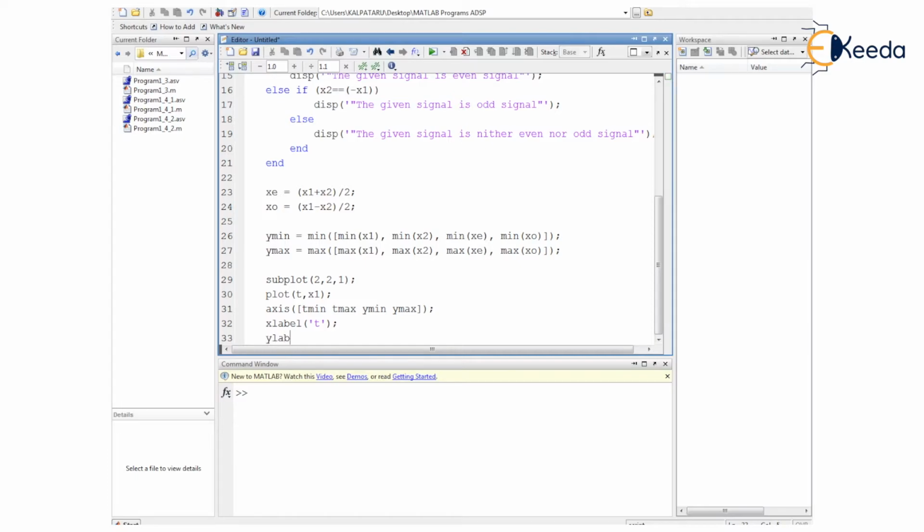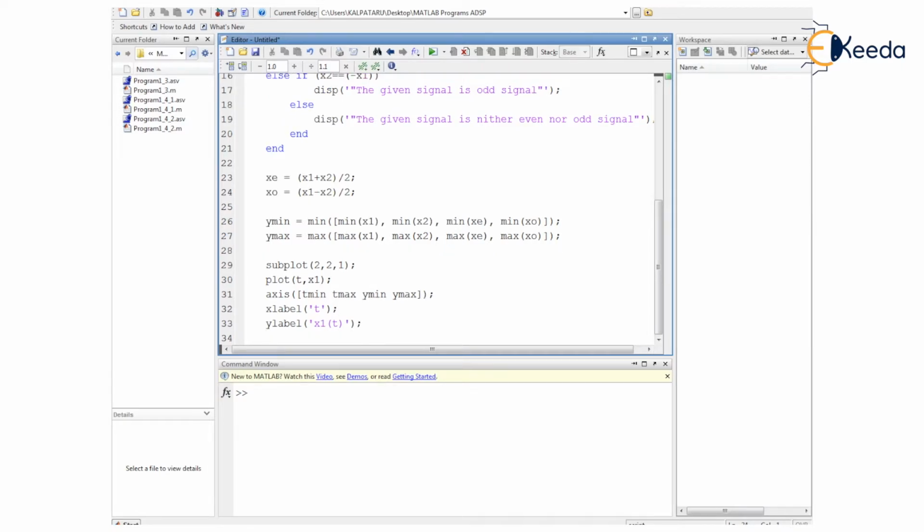Then we give a label to the vertical axis, perpendicular to it, where we have the signal information plotted. The signal is x1, so in the time domain for continuous time it is x1 of t. At the end a semicolon, and after labelling both axes we would like to have a title for this section.